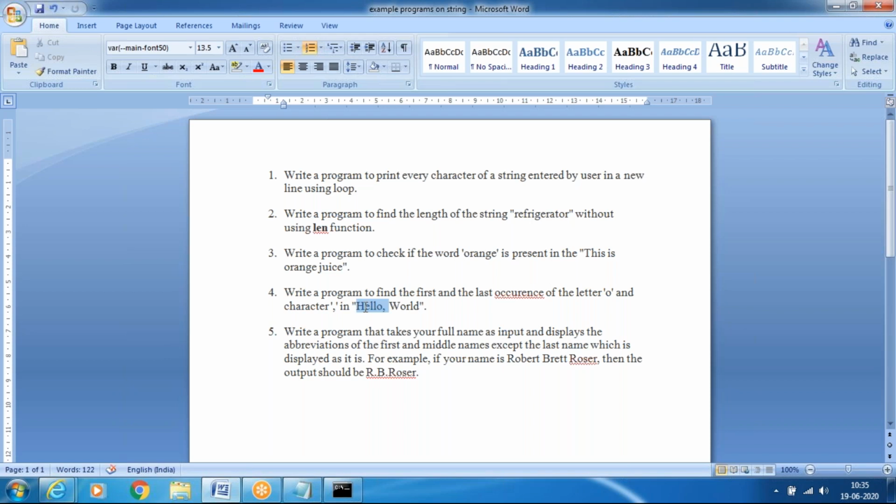So the comma is available at the last, but the first occurrence O is not at the first. You'll see the program and then you'll write the program.